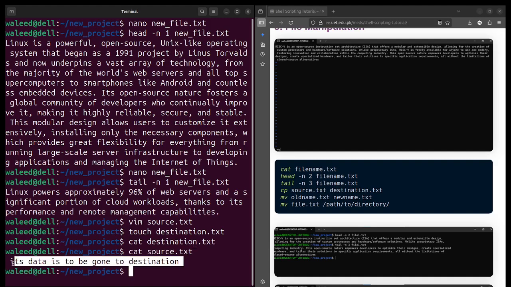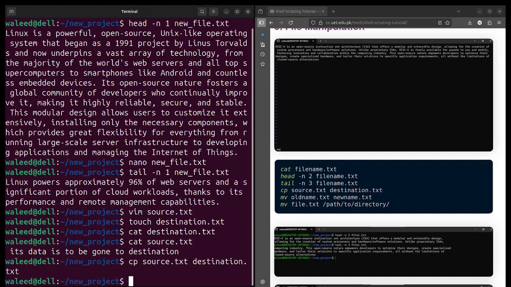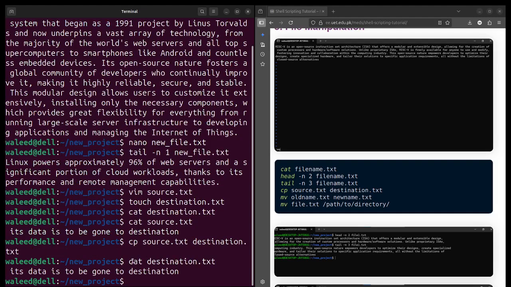You want this data to go to destination.txt, you simply use cp source.txt and then destination.txt. Now if you see destination.txt, the data of source.txt has been copied to destination.txt.